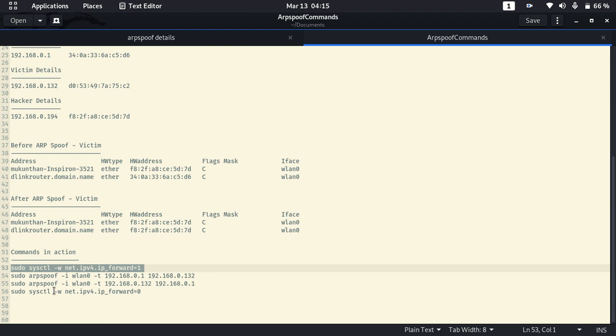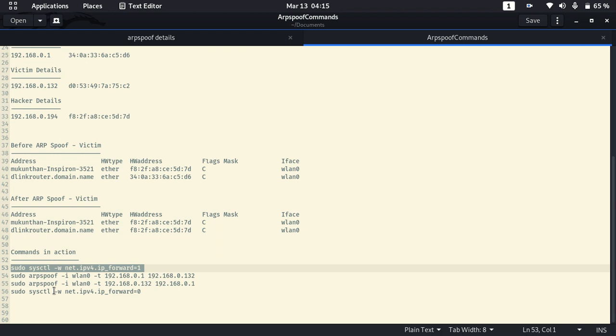Since it's a very critical and crucial thing, we need to use the root user so that it will be taken care of. Now sudo arp spoof is the command from the terminal, and we are using -i to mention the internet, or the network interface. And after that -t, the target, so which machine you are going to target by using the spoof.